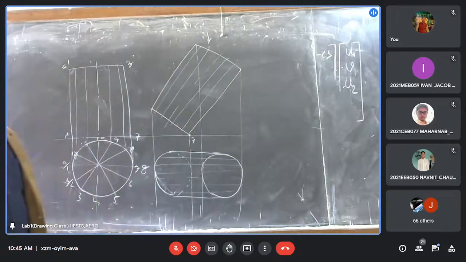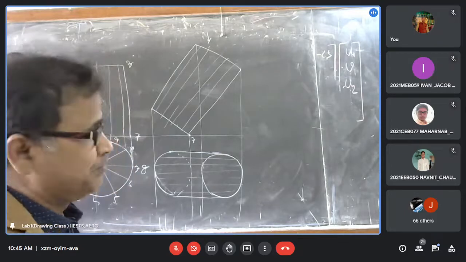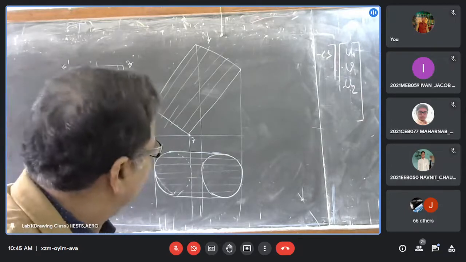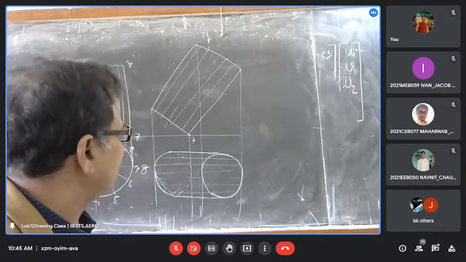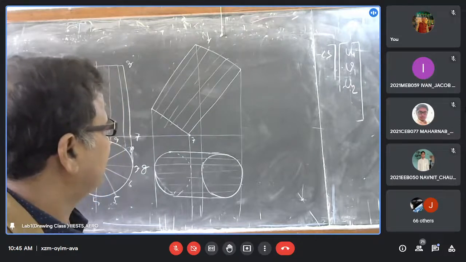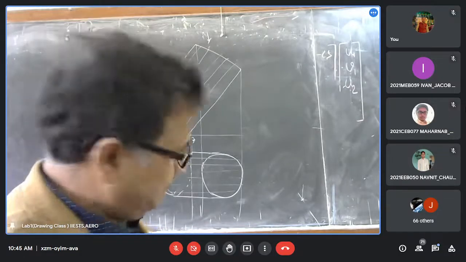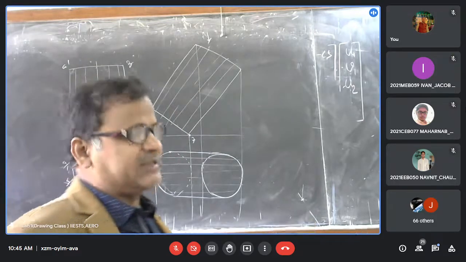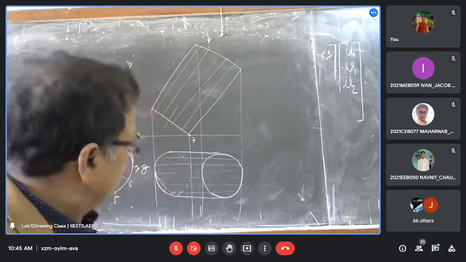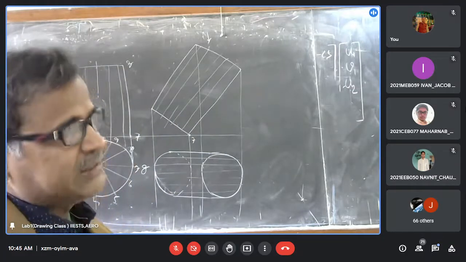Now tell me, is the problem completely satisfied? In this problem, we have a cylinder with its base making an angle with the horizontal plane and resting on this one circumference point, and we draw the projection of this cylinder. But there is another condition in your problem, and the axis lies in a vertical plane which makes an angle of 45 degree with the vertical plane. So it is not telling that the axis makes an angle of 45 degree, but it is telling that